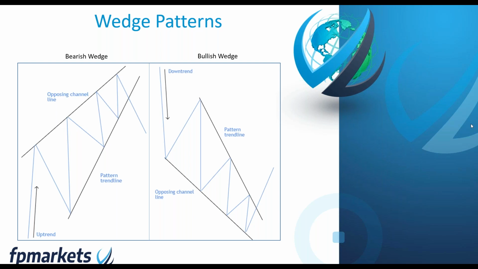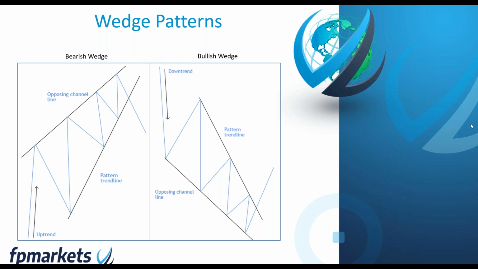Wedges are also a pattern that can form. This may confuse a lot of traders, but wedges can form as a consolidation against the prevailing trend, and also as topping and bottoming patterns, i.e. reversal structures. Again, guys, remember, we do not require a pole to precede the wedge formation.